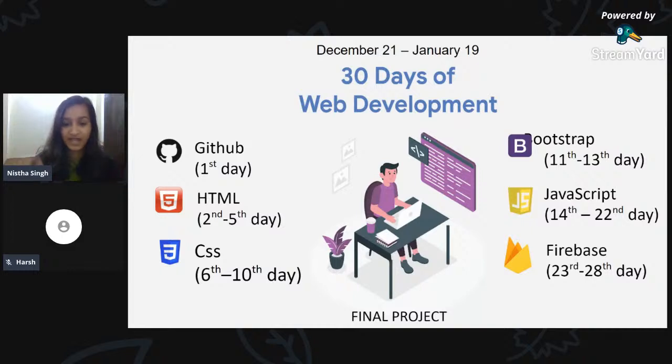And then, as you can see, we have also mentioned the days that these topics are going to be covered in. So we will jump straight into HTML right after GitHub, and then CSS, Bootstrap, JavaScript, Firebase. Now, I can agree that some of you who are beginners might feel like I'm throwing a lot of technical jargon at you and you do not understand what any of this means. But do not worry. These topics are allocated time in a way that you will be able to not just cover the course content, but also participate in quizzes and make projects.